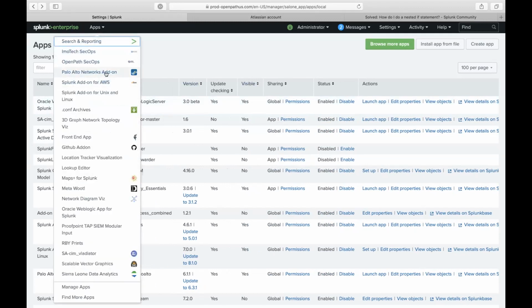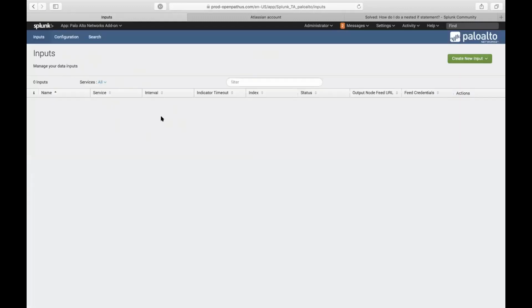Okay, so this is the Palo Alto Networks add-on, and this one has a GUI. So an app helps you with visualizations, where you get all the dashboard stuff, while the add-on helps you with